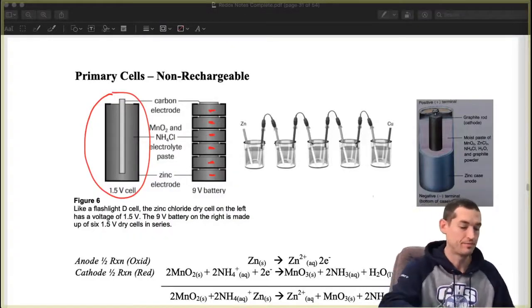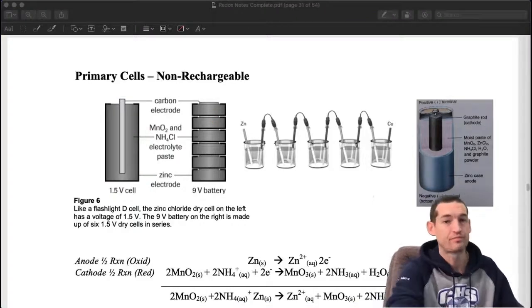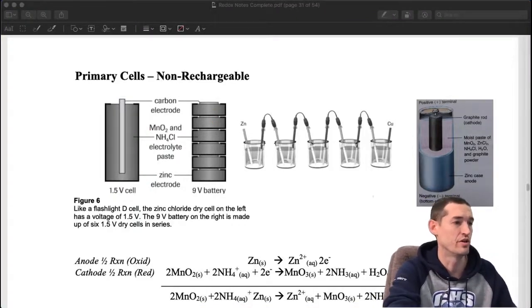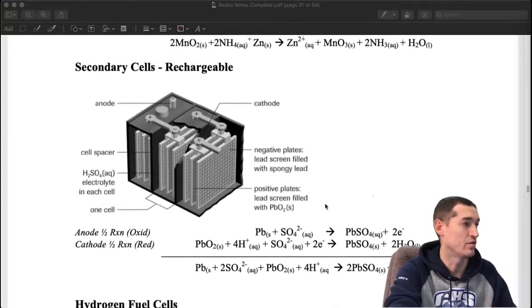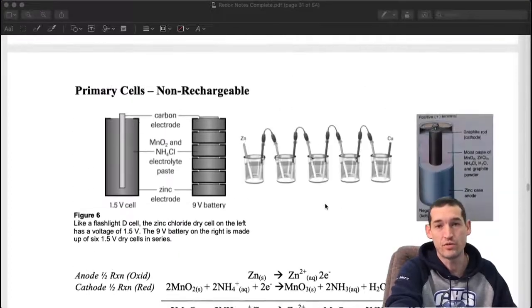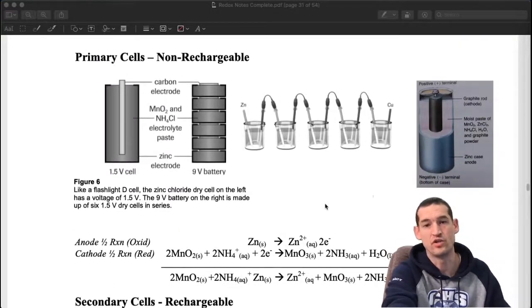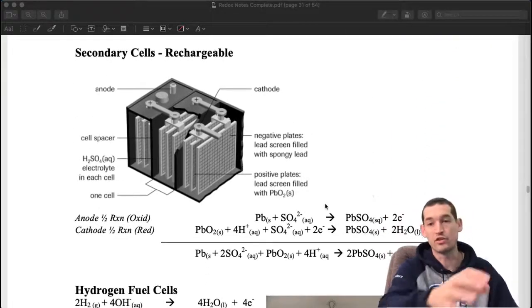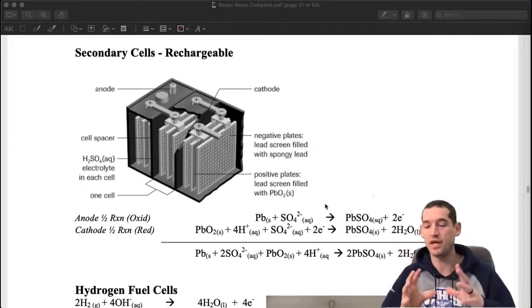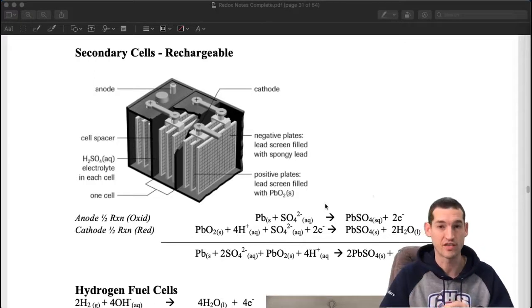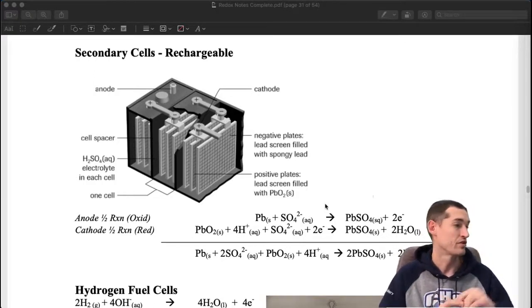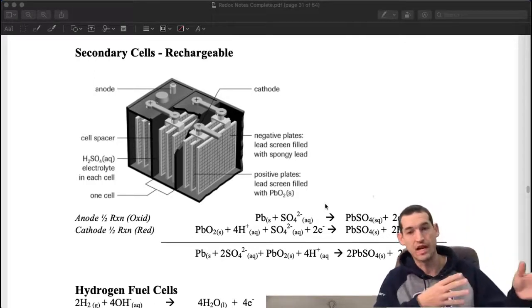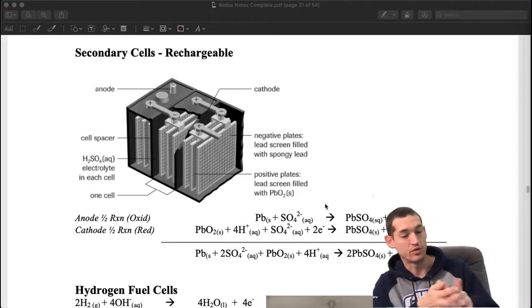All right, don't need the drawing anymore. In your notes, you'll also notice down below, this is what we call a primary cell, meaning it's non-rechargeable. It's just a normal battery. These batteries are called secondary cells. Any type of battery that can be recharged is a secondary cell. So in essence, the half reaction here would produce voltage,